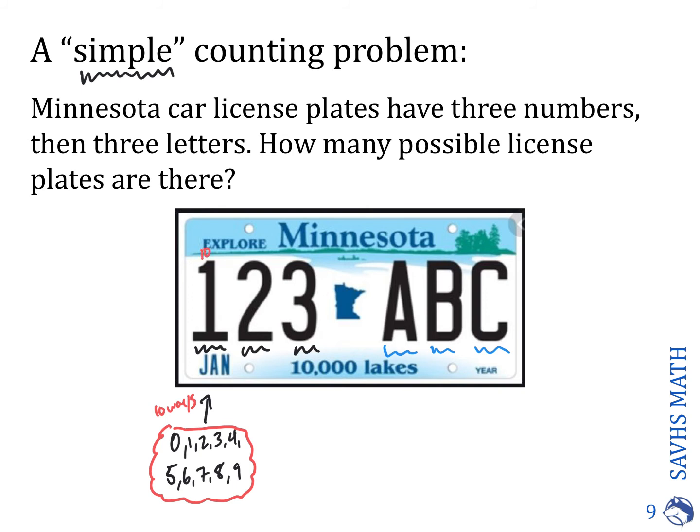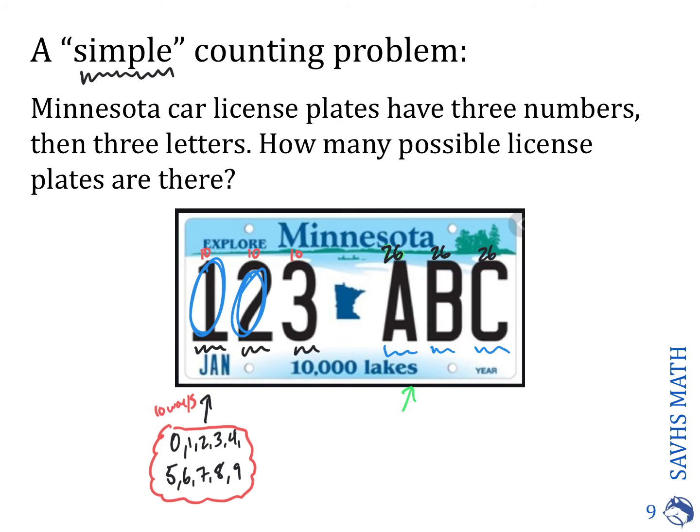We have the same set of choices for this one because if you got a 0 here, this could also be a 0 if you had a certain license plate. There's no reason that we can't repeat those. So we can have that. And then this one would also be 10 ways here. The next set is the letters. And how many letters are there? Well, there are 26 letters. Oh, that's a bad color for this process. So let's write 26 in black. Okay, 26 ways here. We could have 26 here, and we could have 26 here.